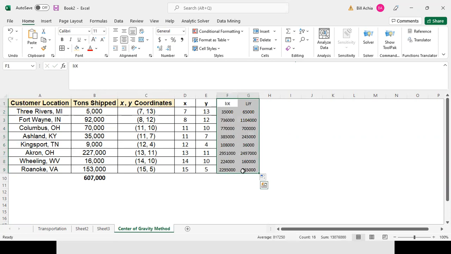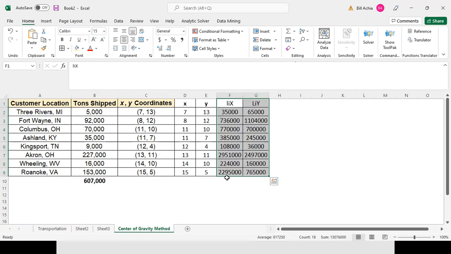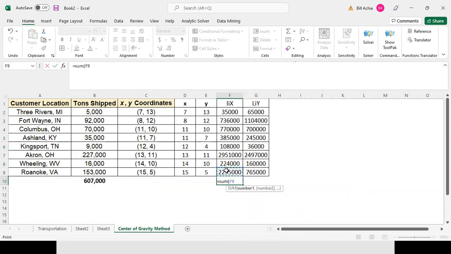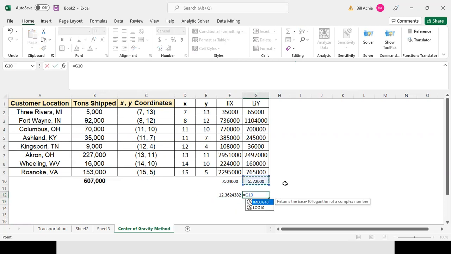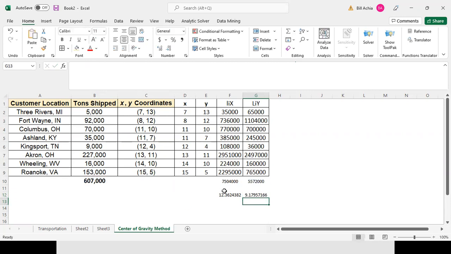Okay, so now once we've got these values here, I'm again going to calculate the sum totals for these two columns. So the sum total at the bottom here, you can use the sum function, calculate that, and also calculate the same for the last column here. Now that I have my information for the numerator and the information for the denominator, I will go ahead and divide that by our total tons shipped, and that will give us 750, that's 7.5 million divided by 607,000. And here I'm going to have this value divided by 607 again. Okay, so that then gives us coordinate points,